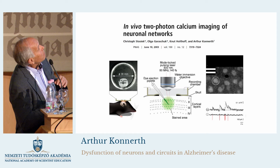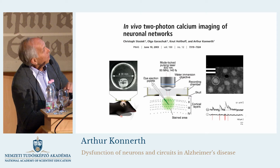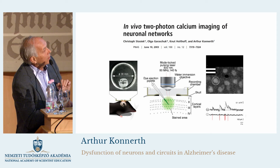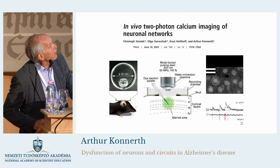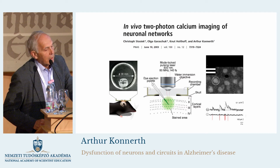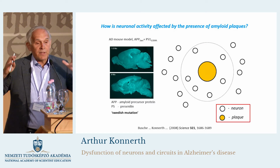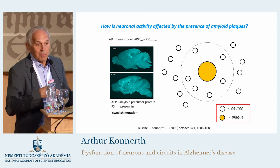And what we had developed almost 10 years ago was a way of staining neurons with calcium dyes. In this case, you can resolve calcium changes in individual cells, and these calcium changes in the cell body of cells code linearly for the action potential activity in the cells. So this is a readout, and if you look then at sections, okay, so with this in vivo setting now, it was possible to compare wild-type animals and Alzheimer animals,